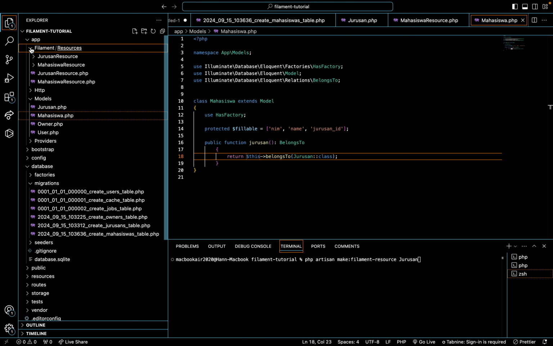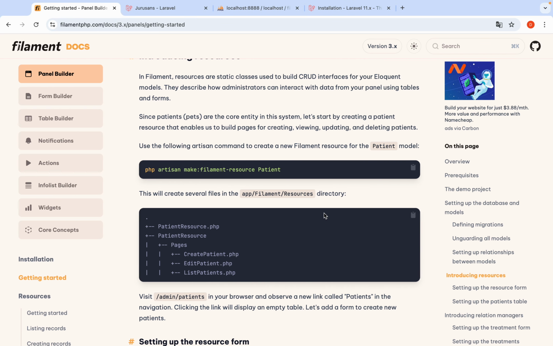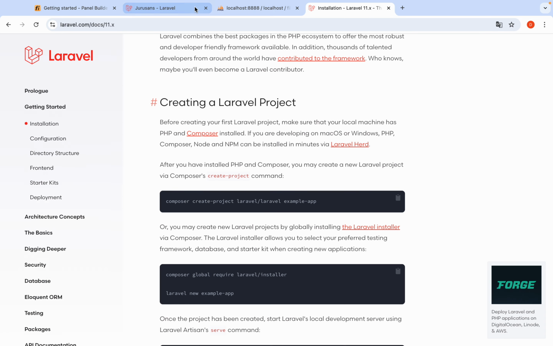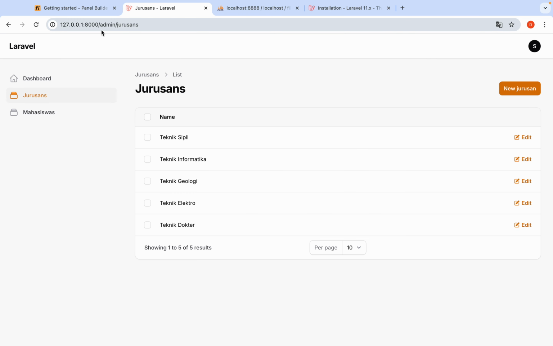Like this. Then you go to Laravel /admin.